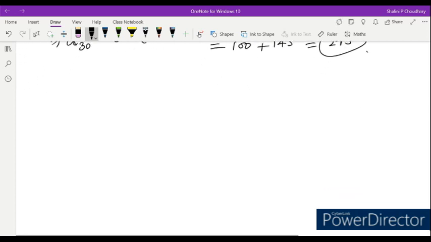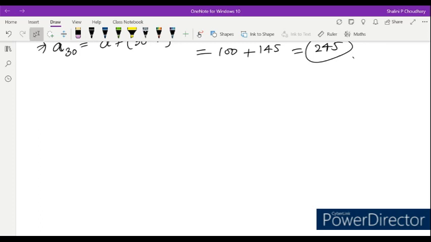Okay, and now we'll move to the next question, that is question number 18, and this is the last question of this exercise. In this question it's saying the difference between any two consecutive interior angles of a polygon. Polygon means it can be triangle, quadrilateral, pentagon, hexagon, octagon, whatever. And the formula for the sum of all the angles of any polygon is equal to